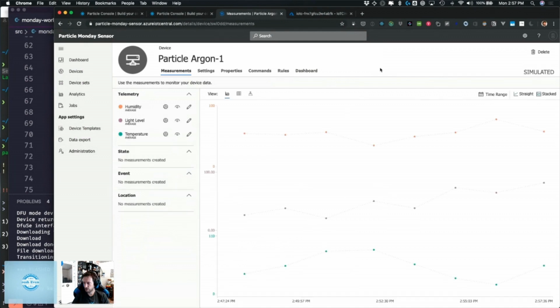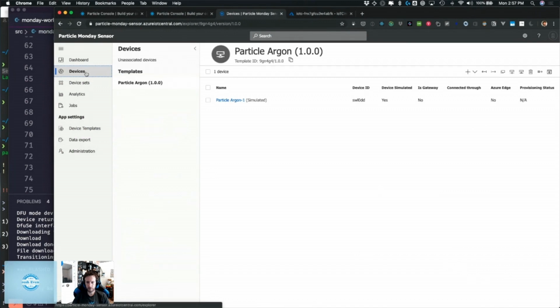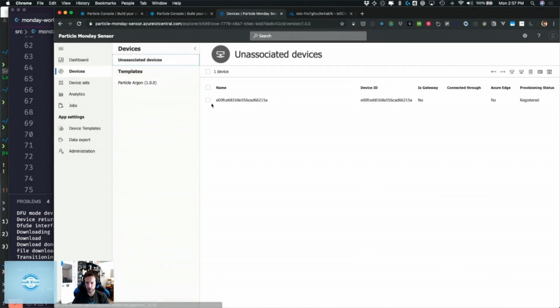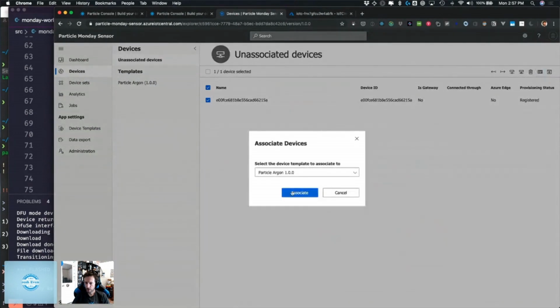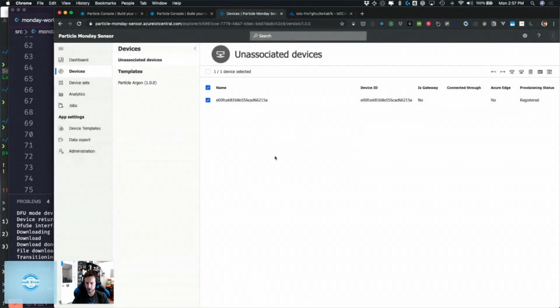I can click on an individual. I can click on the line chart and actually go back here. And then I can see it from my real devices too. So I'm going to try to reassociate this device just one last time, and pick the template and associate it. And hopefully that will work this time. If not,